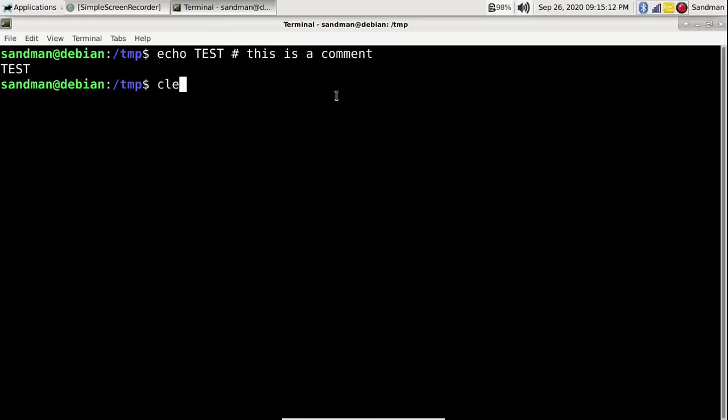Last but not least, we have to deal with how to escape special characters, like echo test #. How can we escape this special character, because it has a special meaning, that is for commenting? How can we escape this thing? It is very simple. We use the backslash. Now it won't be processed in a special character way. So that's why the output is